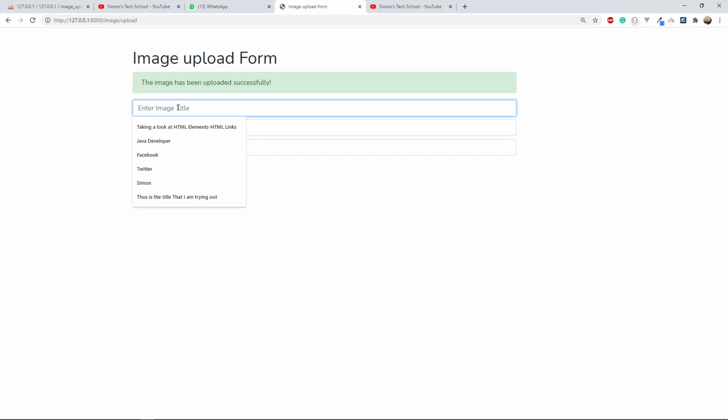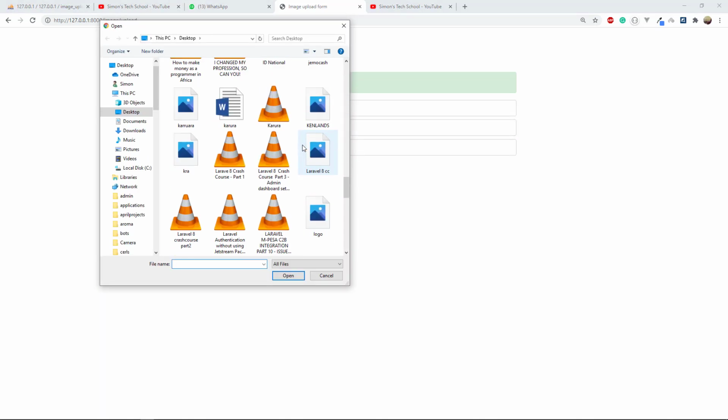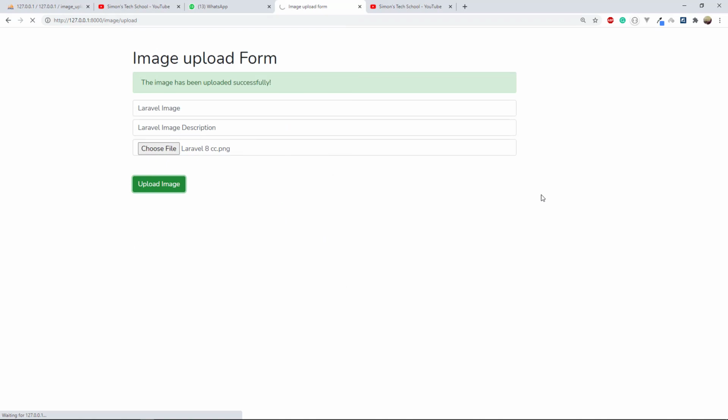So let's just do Laravel image and Laravel image description. And then after that, we just choose a file, this one, and then upload. And there you go again, the image has been uploaded successfully. So how would we know? We have to create another page, and that will be the page for displaying our